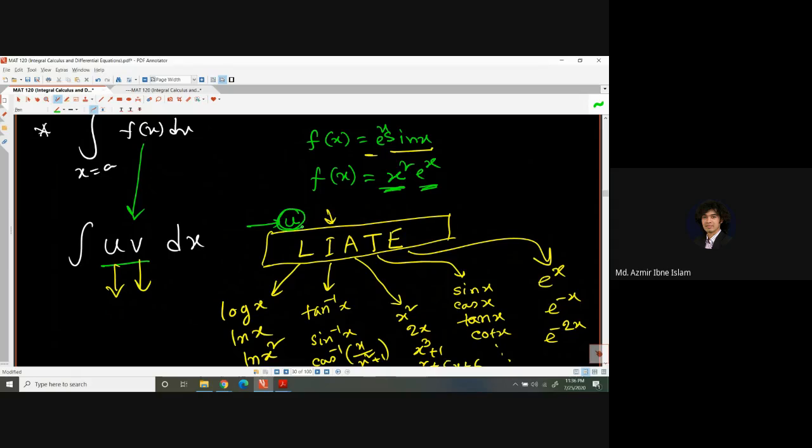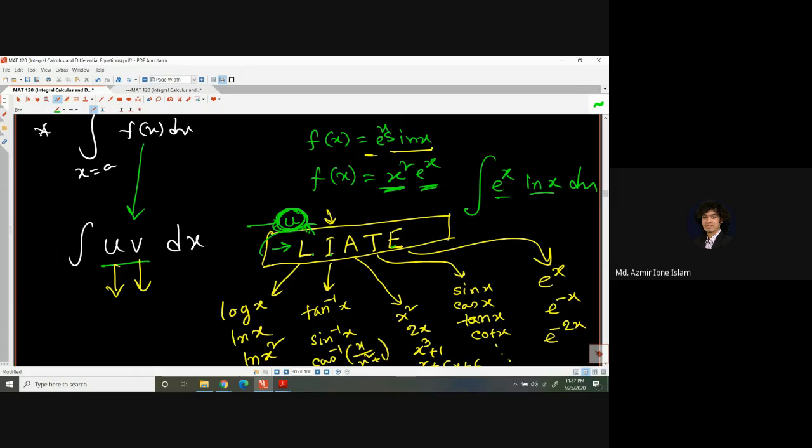So u can be considered, remember, this concept is just used for considering u. Okay, so u can be considered based on this serial. Suppose we have a logarithmic function and an exponential function, that means e to the power x log x, or e to the power x natural log of x. If we have this type of integral, out of these two parts in uv form, at first we can guess, but which part should be considered as u, you have to understand